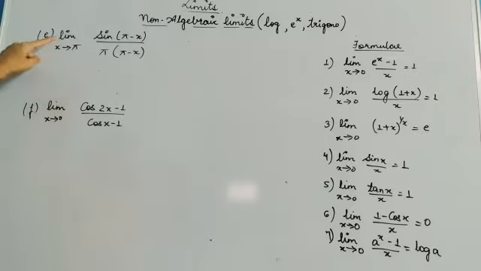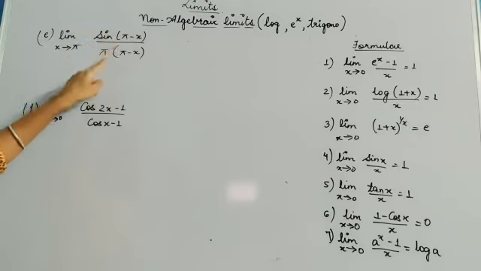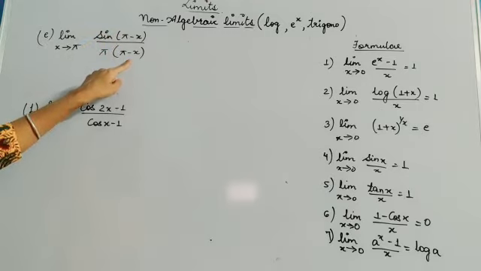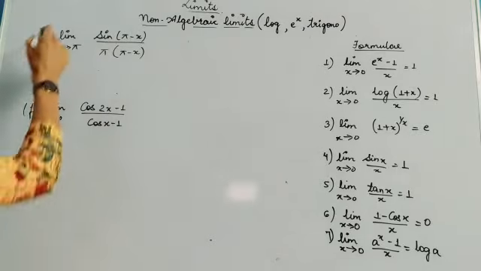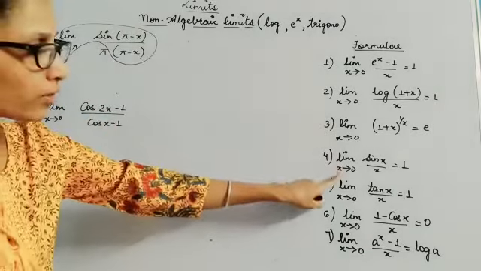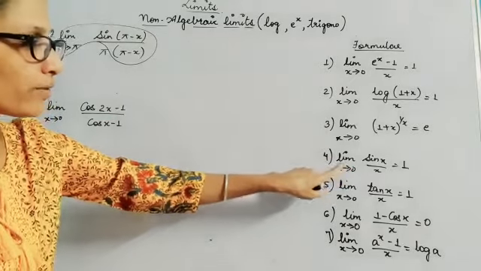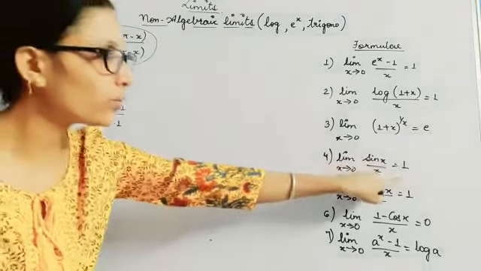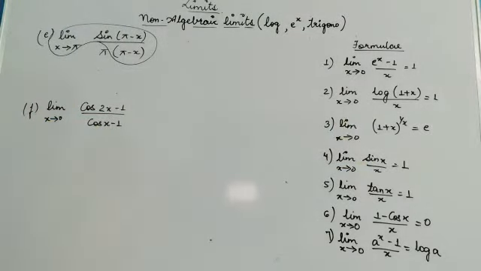Let's try and understand this question, children. Here it is given limit x tends to pi of sine of (pi minus x) whole upon pi into (pi minus x). I cannot write this as 1 because here in the standard formula it is x tends to 0. When your x tends to 0, then only this can be considered as a standard formula. But here it is given x tends to pi, so I cannot write this as 1. So what I will be doing here, I will try to change the limit.